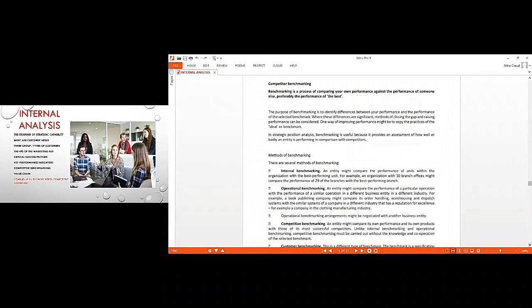And a lot of benchmarking could be achieved. We can benchmark almost anything. So we have some types or methods of benchmarking: internal benchmarking, operational benchmarking, competitors or competitive benchmarking, customer benchmarking, and so many more. Let's pick the aforementioned